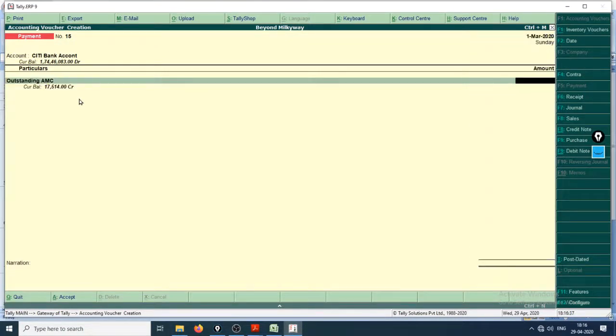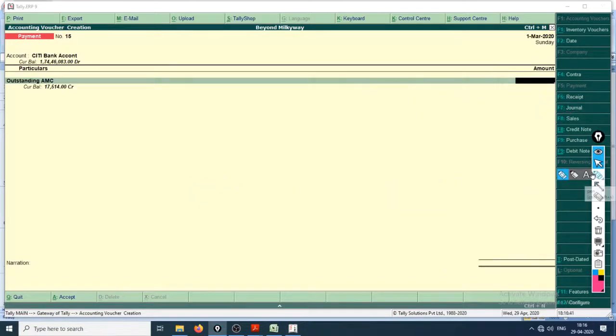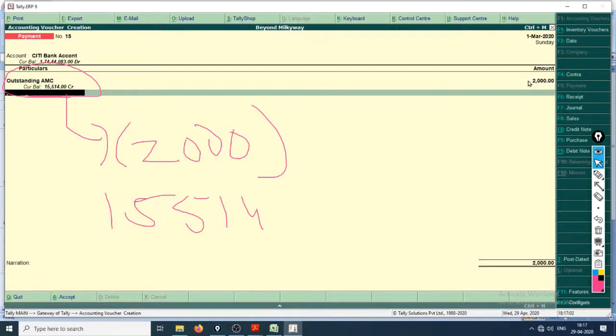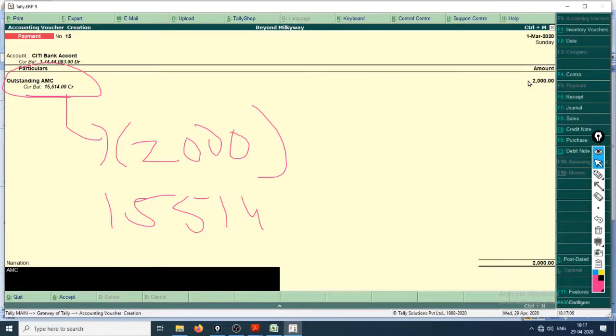How much? You can see right here, this is the opening balance. Current balance is 17,514, which needs to be paid. As soon as I enter 2000 here, it will automatically make that balance 15,514. Now I want to see the magic myself. 2000. Yes, it did work. AMC paid.